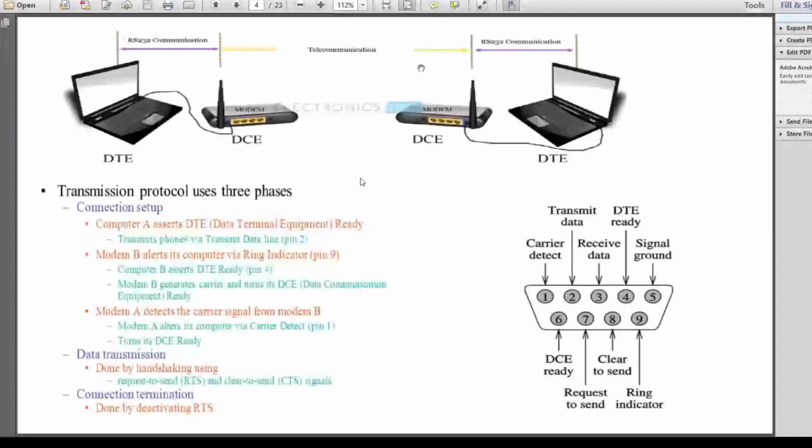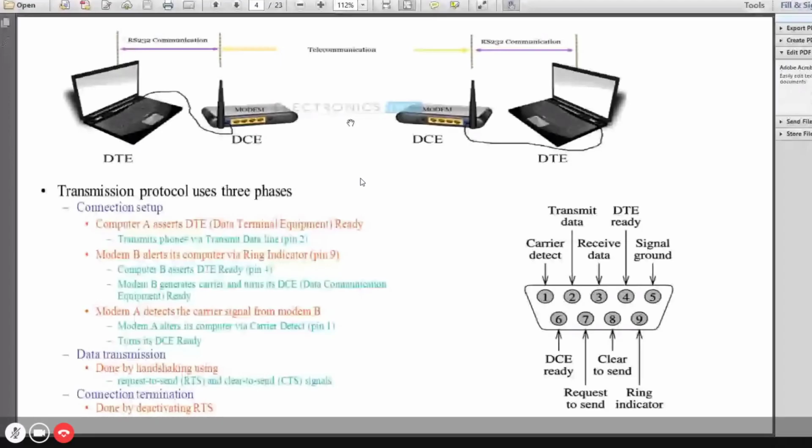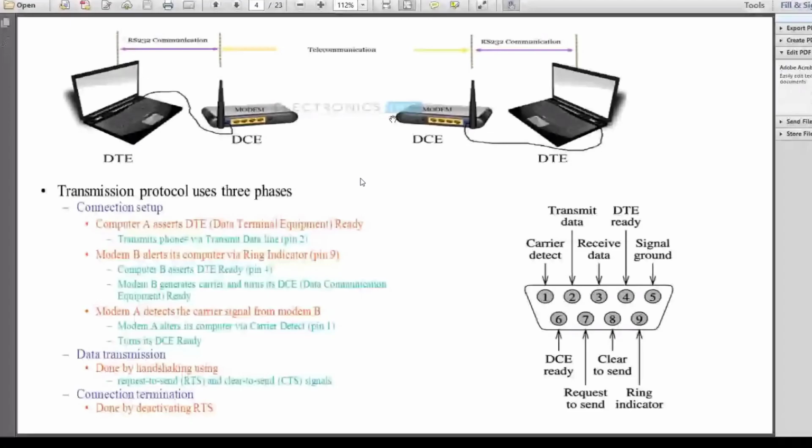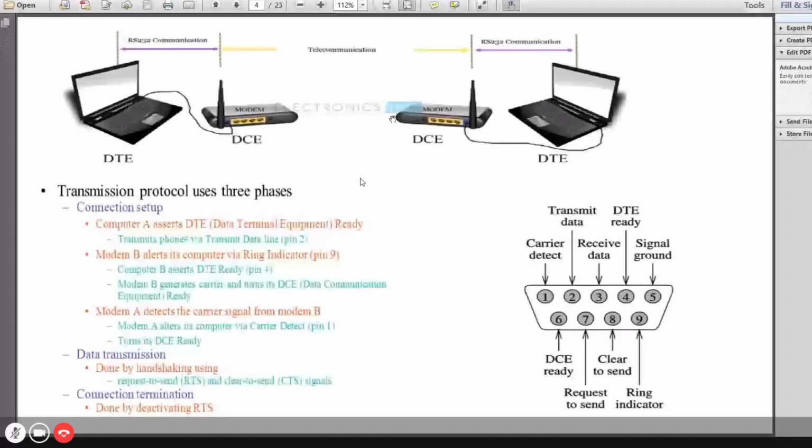So parallel to serial conversion should be done, and then these serially communicated bits have to be put through the transmission media. If there are telephone lines passing between the two, they cannot carry the bits as they are. The telephone lines can only carry analog signals, so there is a requirement for modulation.